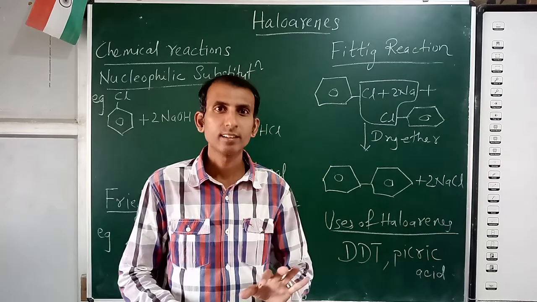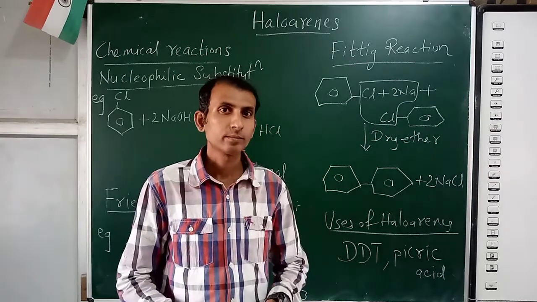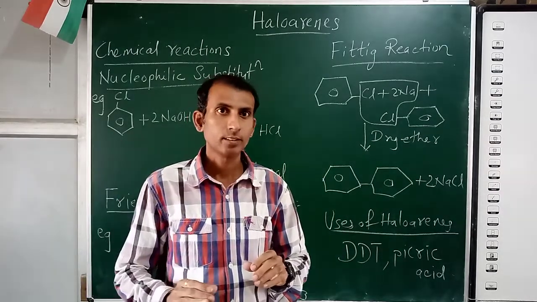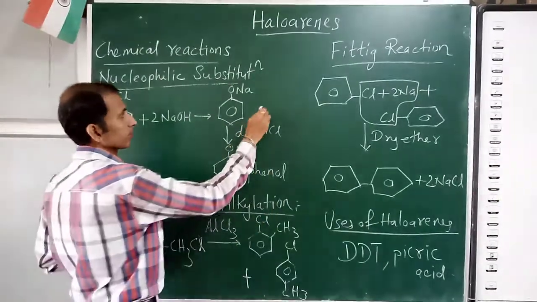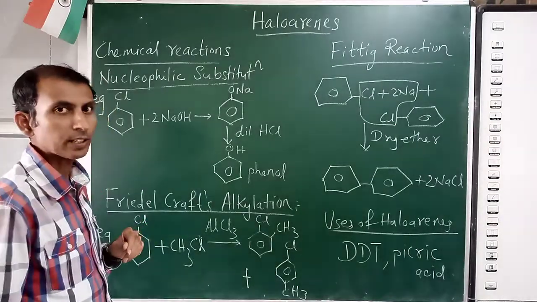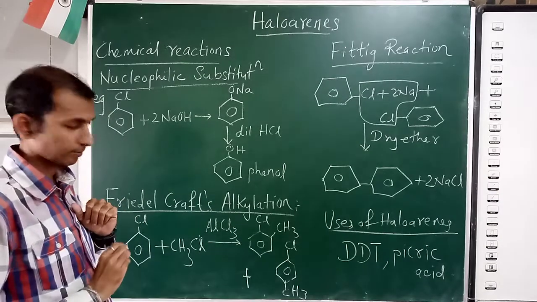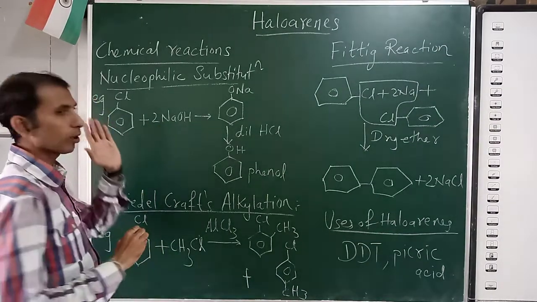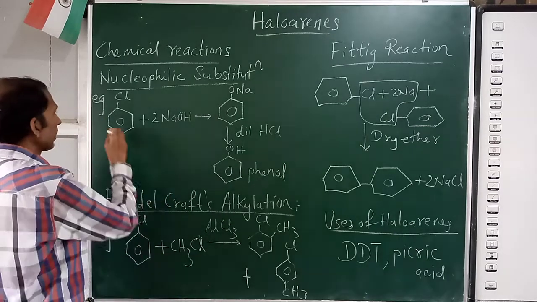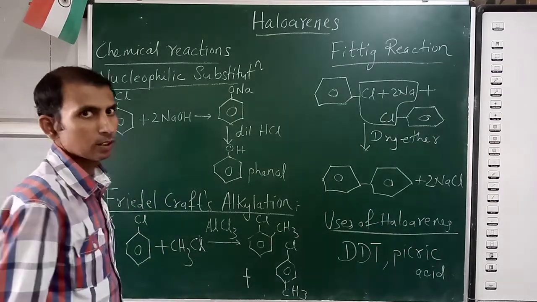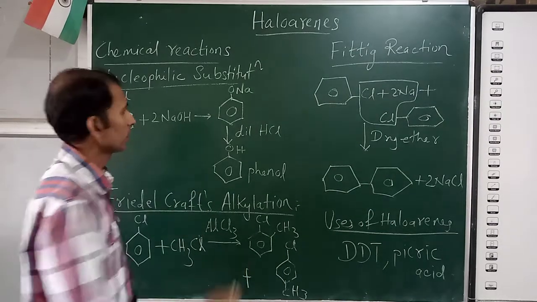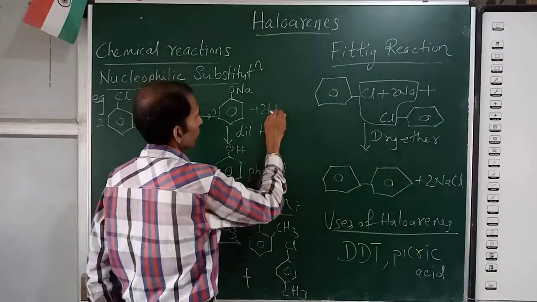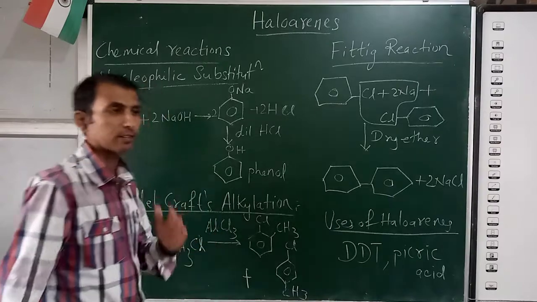Now what is the mistake in the textbooks here? We just copy whatever is given in the text blindly. Look here, they have not given the byproduct. In the first step there is a mistake in the text. They have given two molecules of NaOH and only one molecule of chlorobenzene. So you have to write like this: you also have to take two molecules of haloarene. You will get two molecules of sodium phenoxide here, and the byproduct will of course be two molecules of HCl.